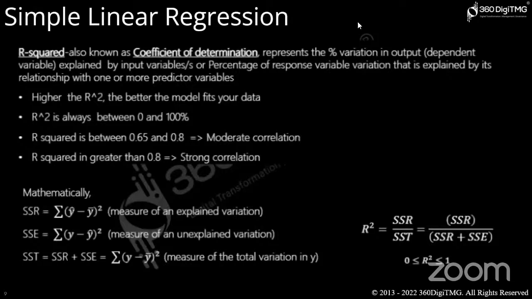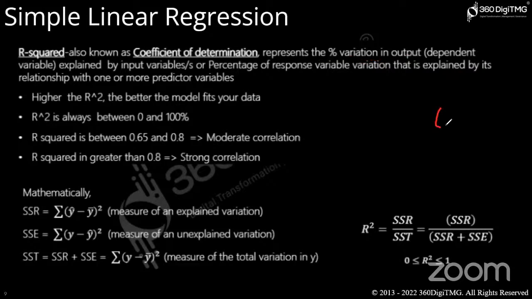Okay. So whatever the regression line or the model that you are building, how do I know that it is a good fit? In that case, we will be using the R square value, or you can simply say R2. This is the coefficient of determination. What exactly does R square do? How will we find the R square value? It represents the percentage of variation in output. Whatever the variation that we are getting in our output,